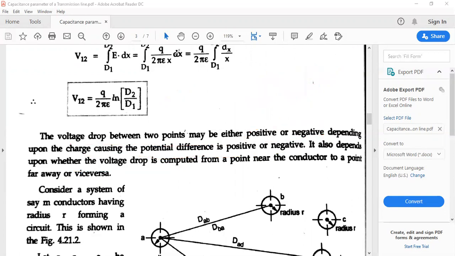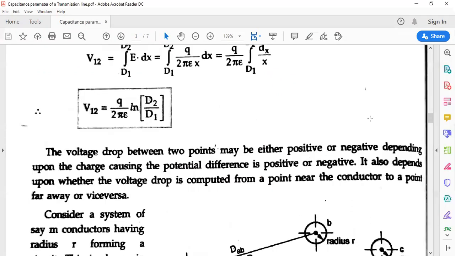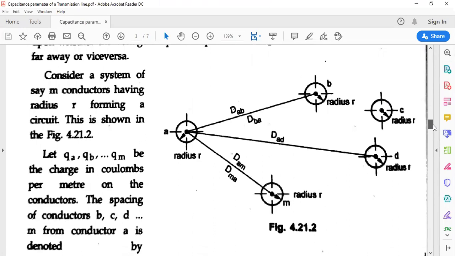So now let me remodel it, what we did in inductance term and all. Let me remodel and rewrite it in such a way that you will be having the system of conductors. When I say system of conductors, I'll be having a single conductor which is taken as a reference point, and I have many such conductors which are being placed on a plane. Say I have some 3 conductors, 4 conductors, or even the conductors which are being used in case of the services. So I can select such conductors which are being formed.